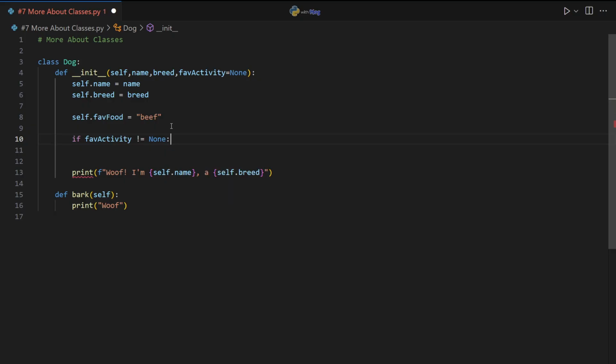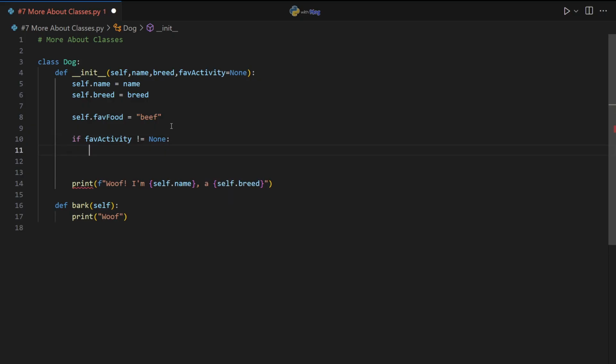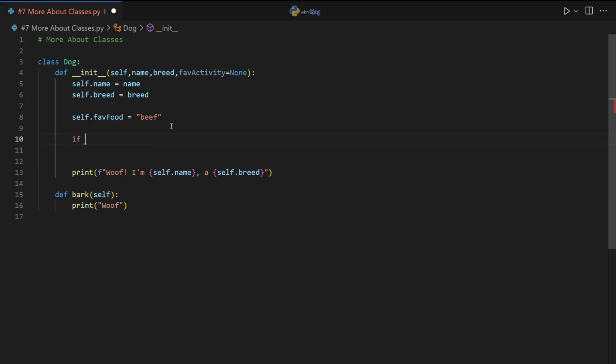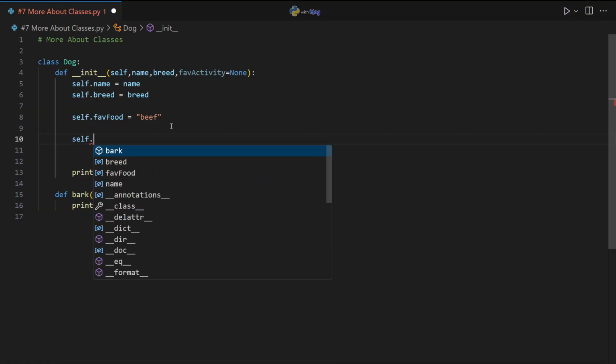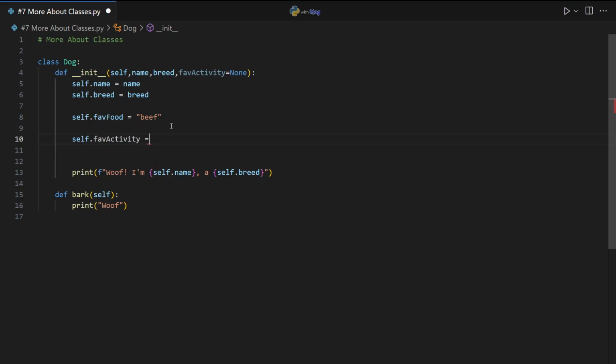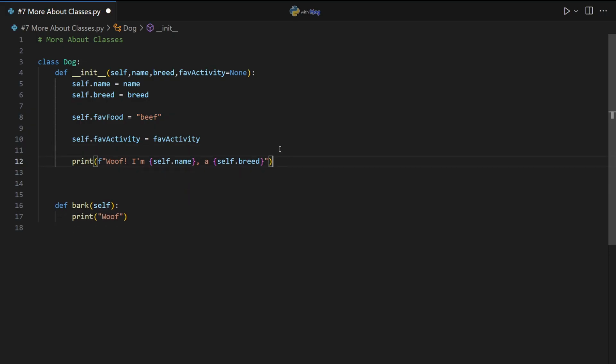Let's do it a slightly different way. Every time, no matter what happens, even if the user doesn't specify what the activity is, we're going to say self.fav activity equals fav activity. Now, after it gives its greeting message, right? Well, let's say that it does